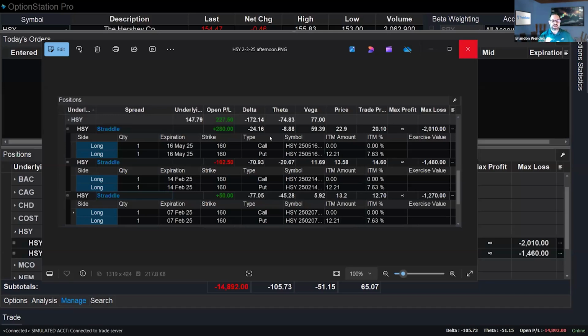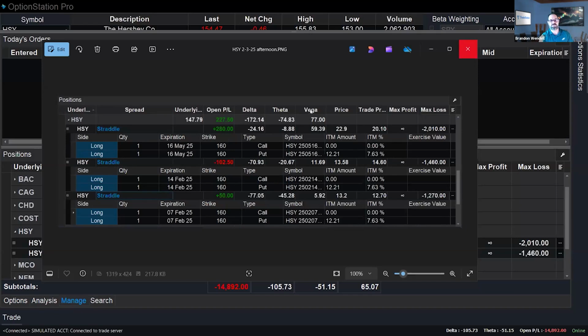With different options, the closer you get to expiration, the less effect that volatility might have on price, because even if volatility goes up, there's only so far prices can move. But if volatility rises when you have a lot of time left until expiration, then obviously prices can make a big jump. So that's why this went up. It had more exposure to Vega.